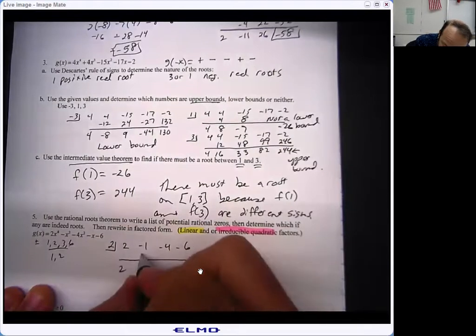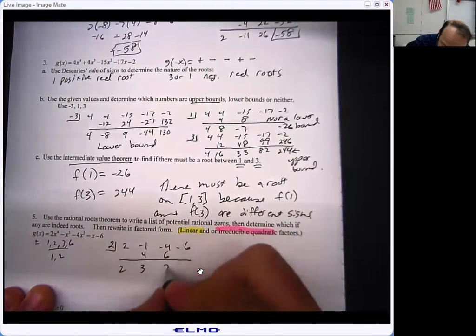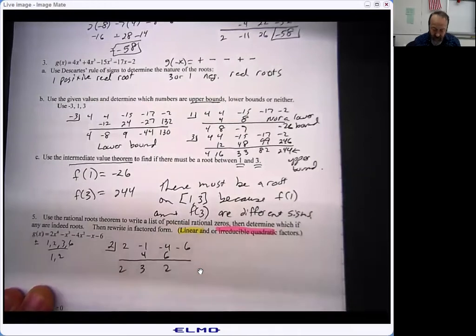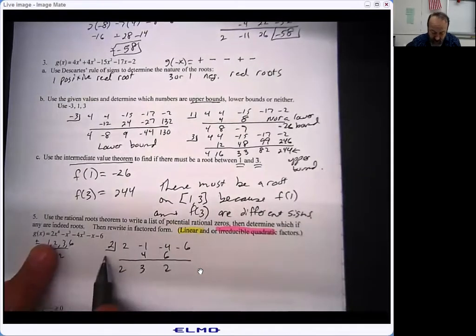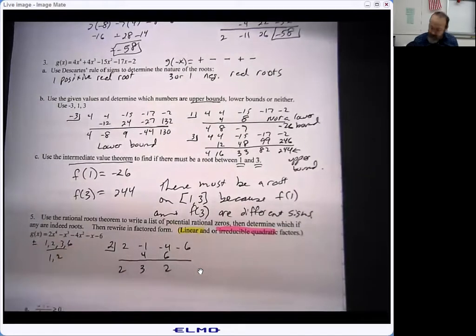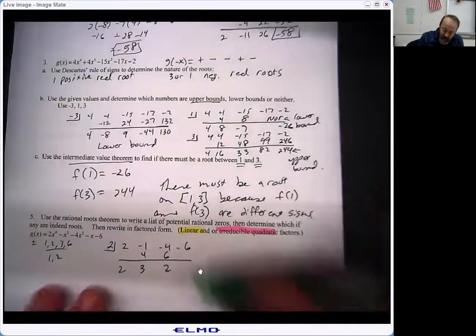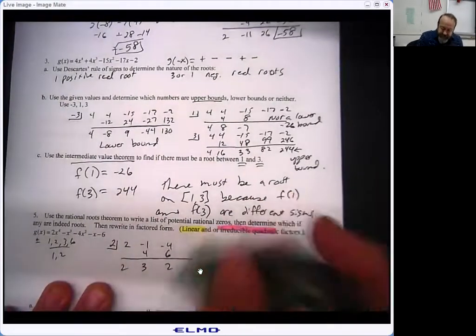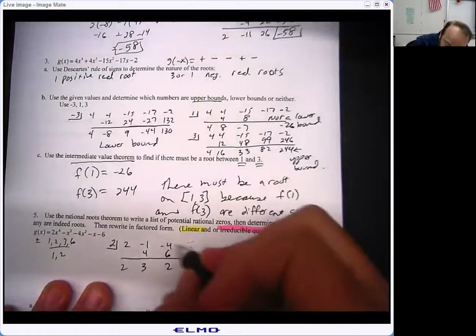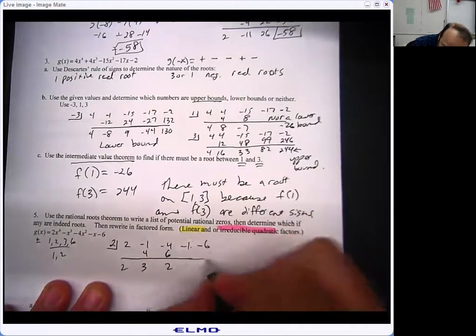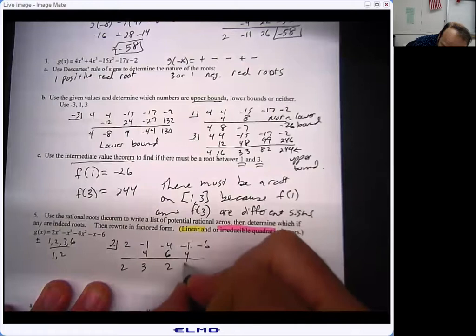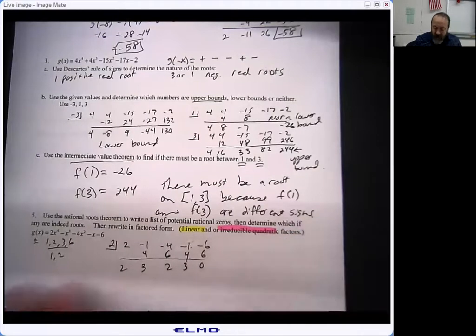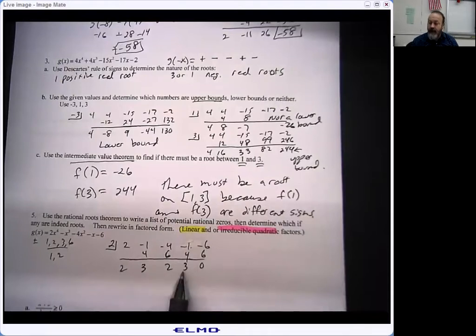That's going to be 4, 3, 6, 2. Oh, did I mess something up? That's 2x to the 4th. Oh, I missed one piece of it, didn't I? Let's go ahead and fix that. I missed the -1 and the -6 out here. So that's going to be 4, 3. There we go. Now, what jumps out at me almost immediately is you see how all these signs are positive